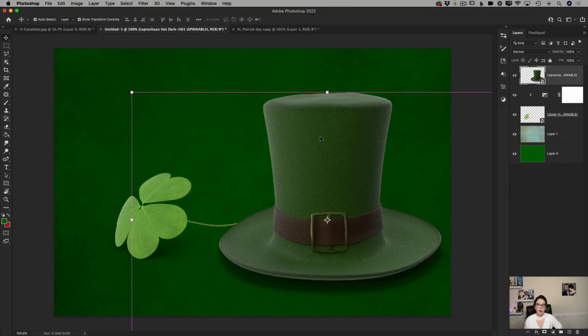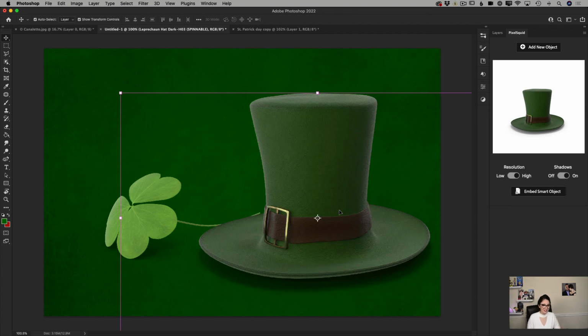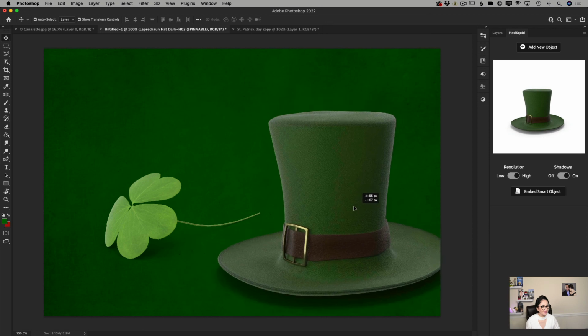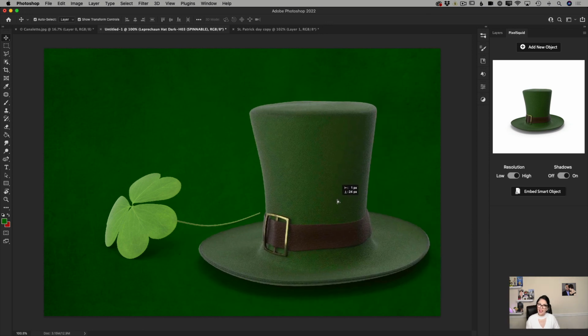So I will click on this hat. I will switch on the PixelSquid plugin. And what I would like to do directly through the PixelSquid plugin, I would like to just slightly rotate my hat, just like that. And now you will see I can do it even after I save this image, and I can come back to this document later on and adjust it the way I like. By the way, when I adjusted it and moved my hat just slightly down, I like seeing the seam of my